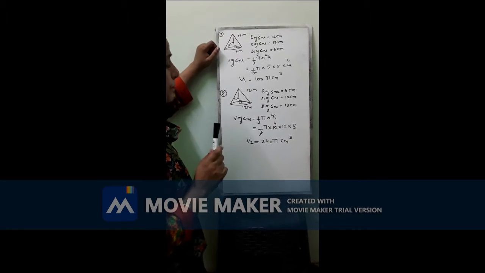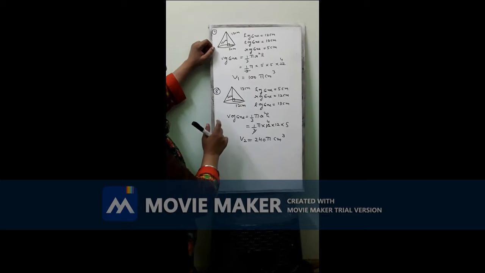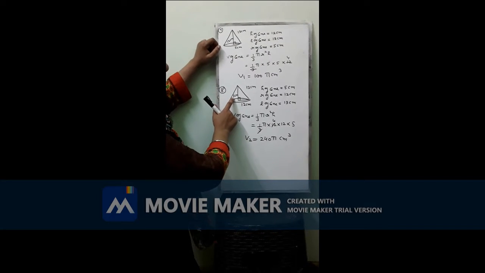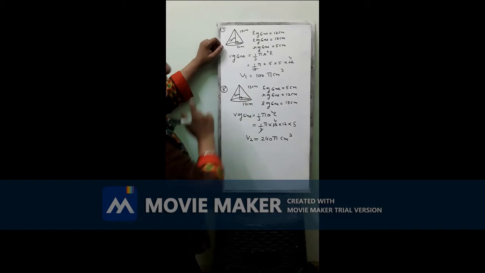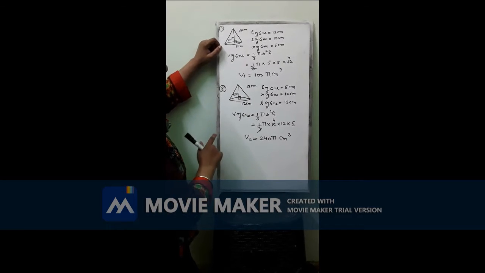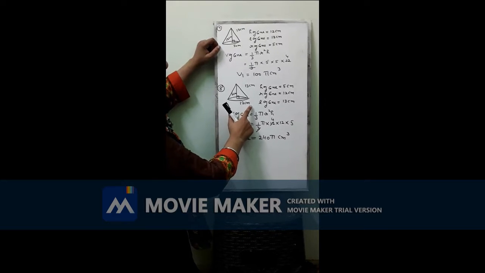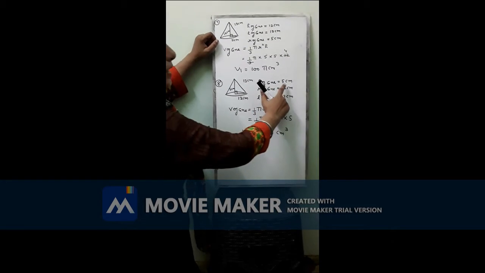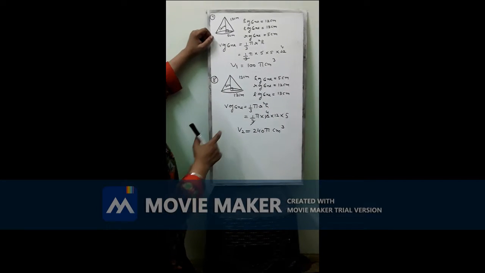Statement is same. What you will do? He is saying now the revolving side is 5. It means height is 5. Slant height will be as it is, the greatest. And the remaining side is the radius, that is 12 centimeter. So height is 5, radius is 12 and slant height is 13. Now we will find volume.